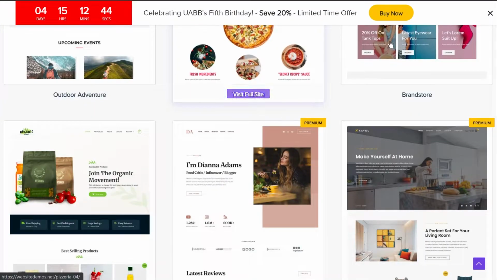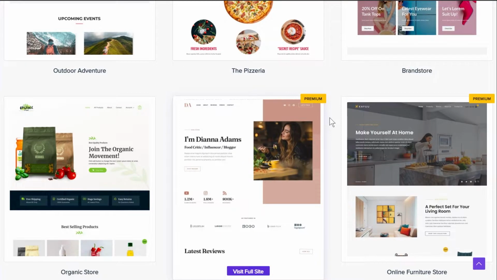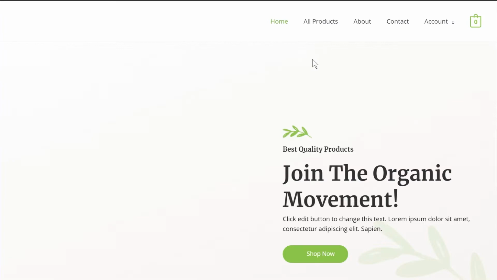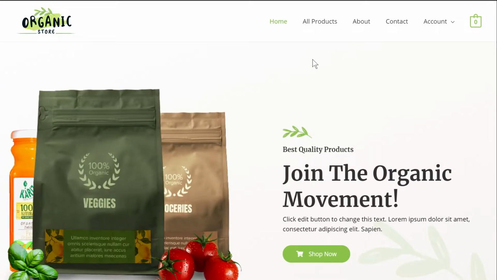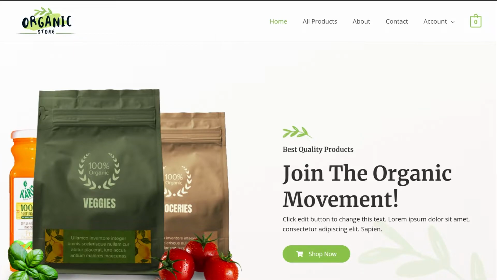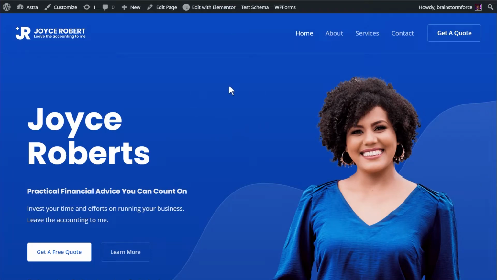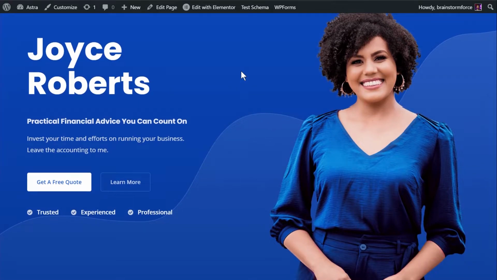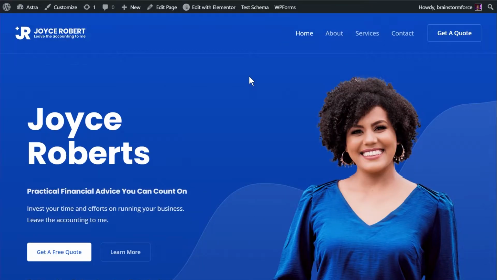All you have to do if you want to use any of these templates is open them up, find the template you like, install the Starter Templates plugin on your website, and import the complete website in just a few clicks. And that's exactly what I did with this template. I just set up a basic website so I can give you a practical demonstration on how to add the FAQ schema to pages designed with Elementor.